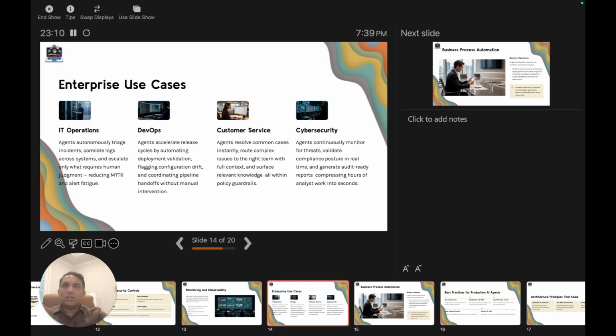So when does all this actually deliver value? We spoke about observability, policies, security, MCPs, and enterprise architectures. Now let's see where all this actually delivers value. Let me give you my thought process in four domains where governed agents make a real difference.